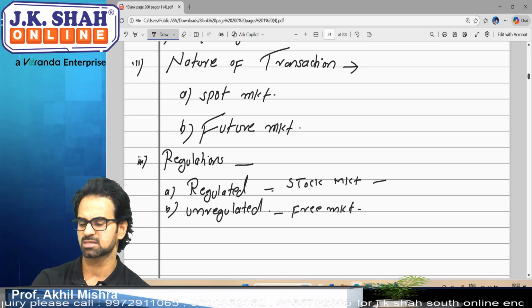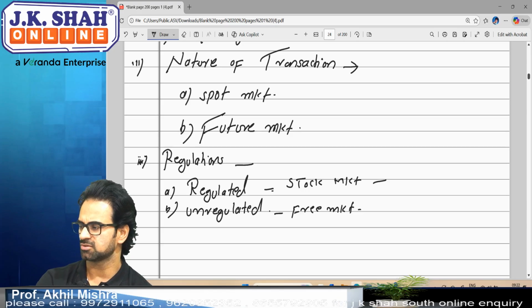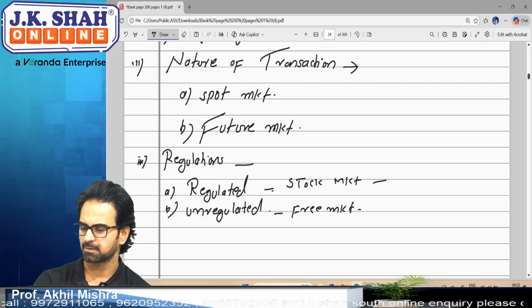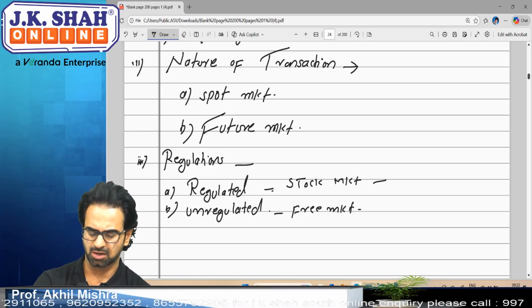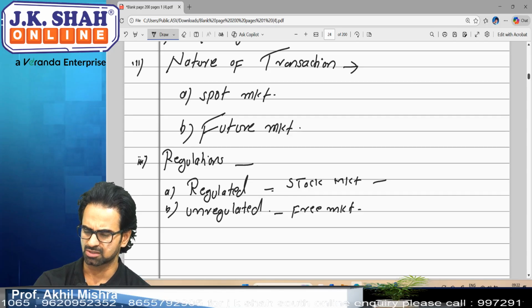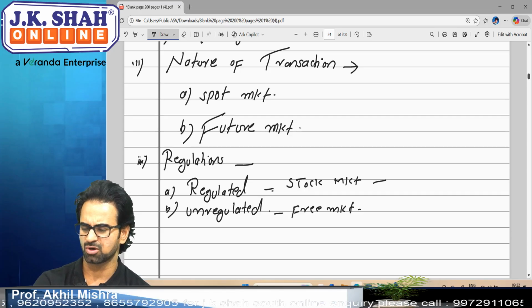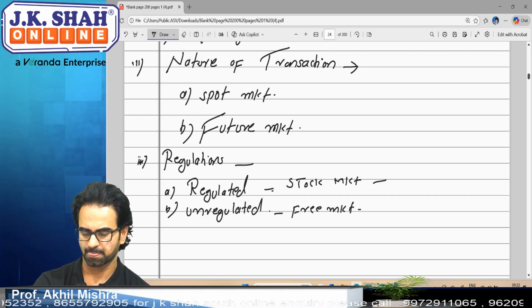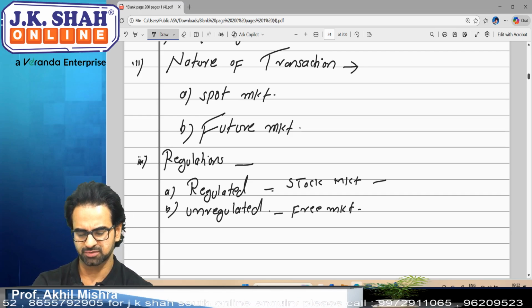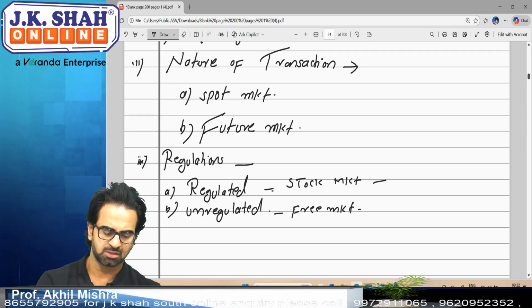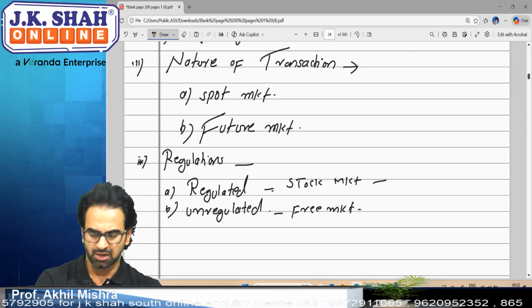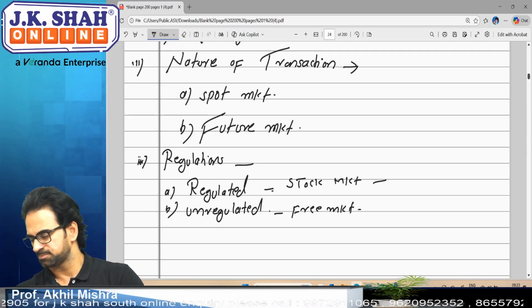There's no government control directly. The example of this: street vendors you see on the roads, right? Fruit sellers, vegetable sellers, small shops. What are they? Regulated or unregulated? No, they are unregulated. There's no formal law to regulate them, to control them. Understand? So this is the nature of transactions: spot and future. Regulation: regulated market, unregulated market. Next is